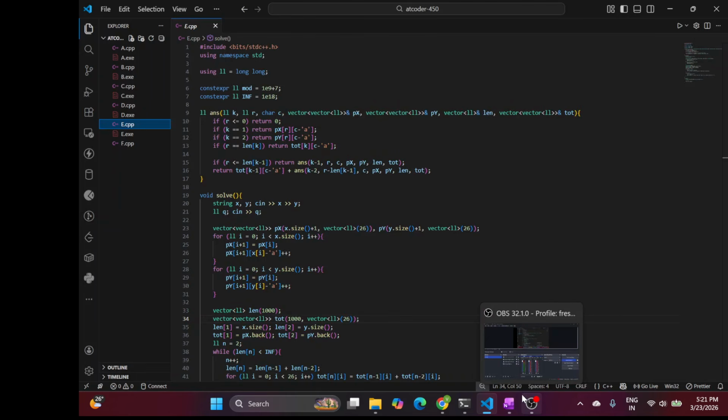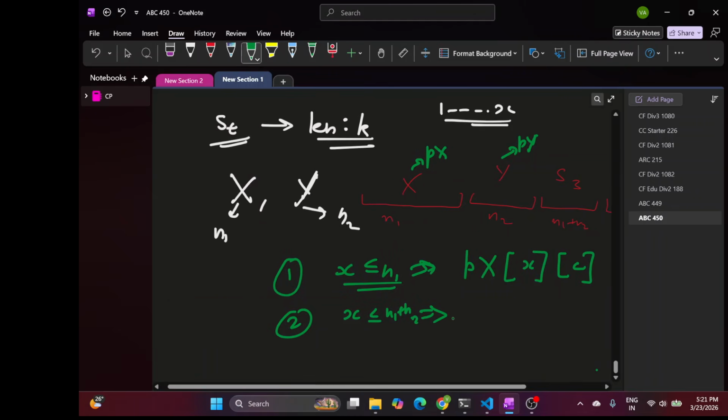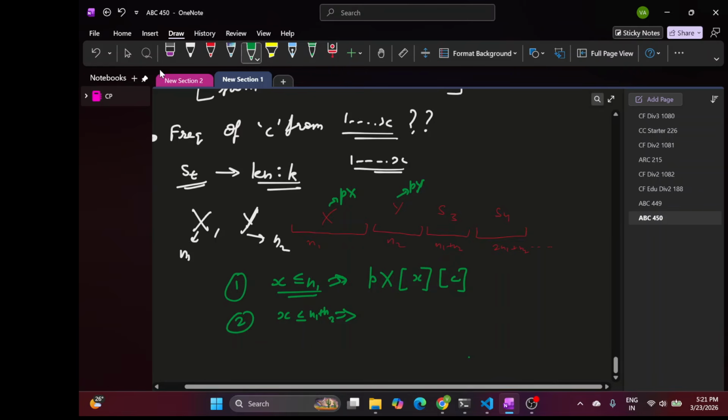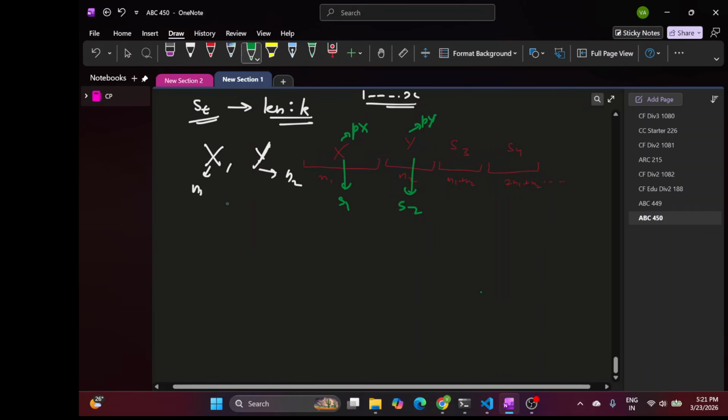Actually, we can't really do this directly from the length, right? We need some more parameters. These conditions are not relevant. What we know is that this string is S1 and this string is S2. So instead of doing the condition on length, let's say